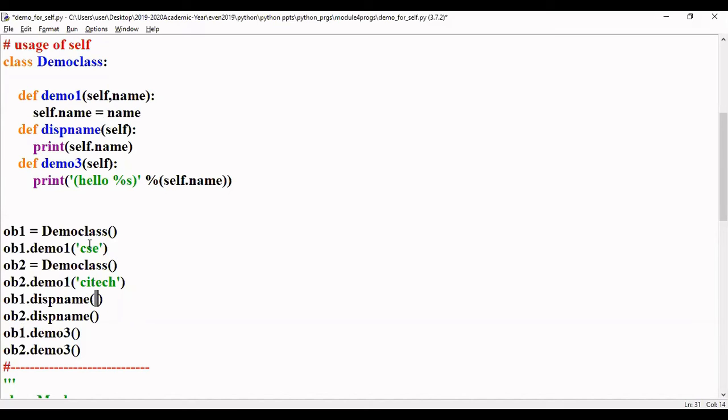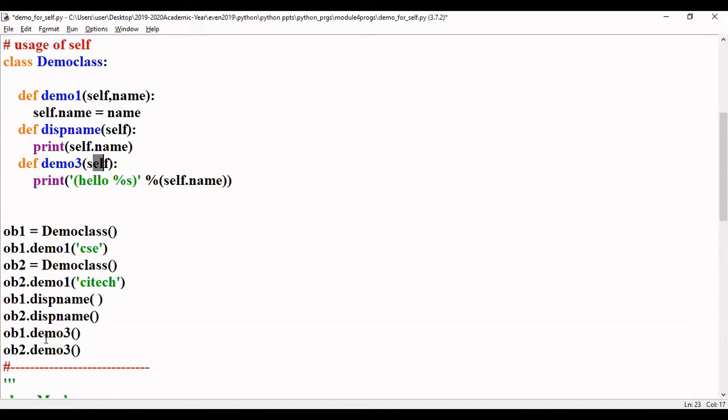Now it is going to ob1, so which one will be printed? ob1's name, CSE, will be printed. Now for ob2, which one will be printed? ob2's name, CITech, will be printed. Now we'll see def demo3 with self. Now ob1.demo3. Even here, if you have observed, I'm not passing any parameter. Whenever you don't pass any parameter, it means that in the method you have only self.